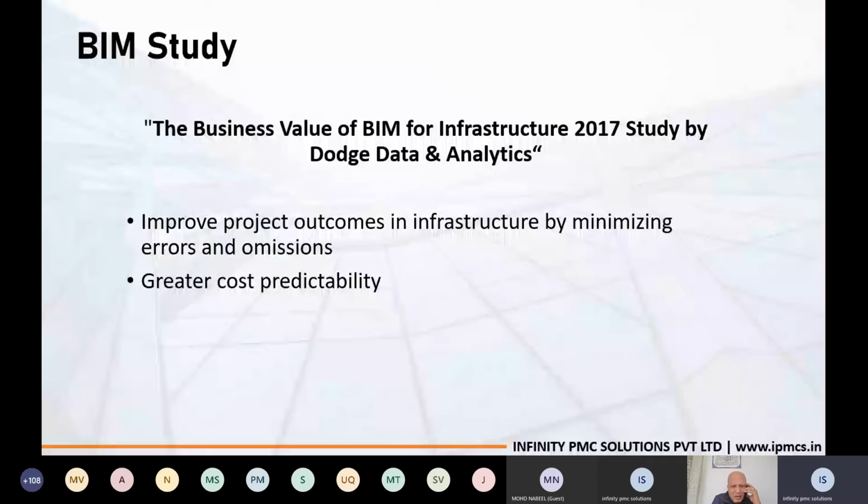As per their study, the business value of BIM for infrastructure projects is that it can improve project outcomes by minimizing errors and omissions, and give greater cost predictability.